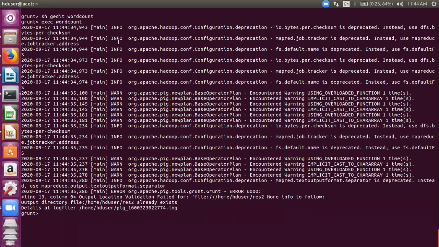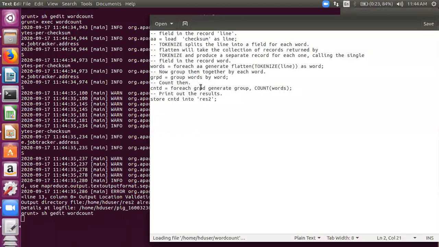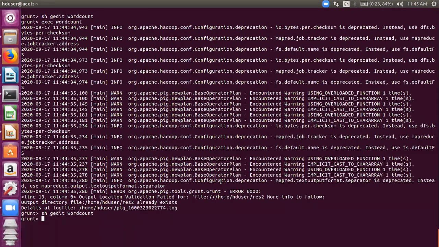So you see another important thing has come up. See now, let me just open up the file again, then we'll discuss this error. मैंने जब यहाँ पर ये फाइल लोड की है checksum, तो मैंने इसको बोला है कि result2 नाम की डायरेक्टरी में इसको स्टोर करना है, ठीक है, result2 नाम की डायरेक्टरी में. अगर इस नाम की डायरेक्टरी ऑलरेडी एग्जिस्ट करती है, okay, let's look for this directory